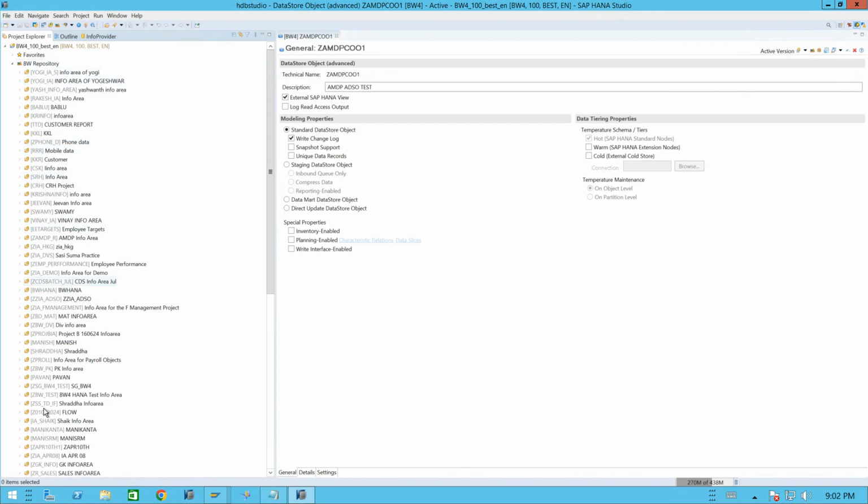Info areas it is showing. New info area. So let us first create one info area. As I said, whatever the required objects, in the sense required master data objects, whatever we require, all those master data objects we collect and group together